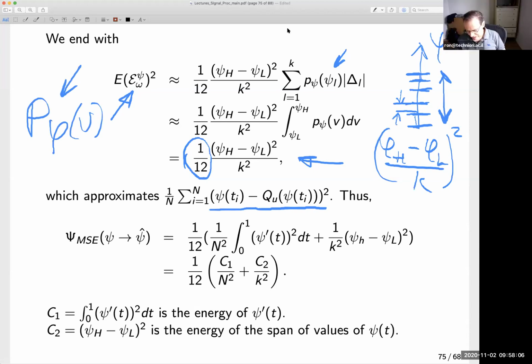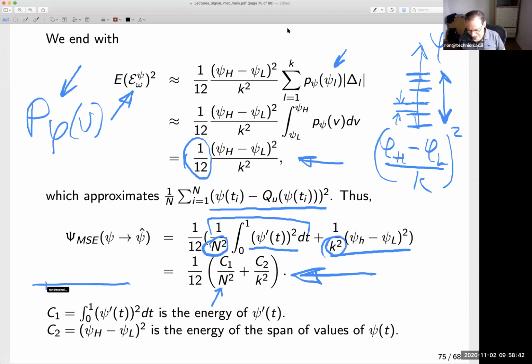Okay, and therefore what we can do is write the two terms together. So the first one was the energy of the derivative. The second one was this guy, and we can actually write the whole equation as one that depends on... so this part depends on 1/n squared, and this one depends on k squared. And we see that the total error somehow depends on the number of quantization levels in the x-axis, or the time axis, and the number of quantization levels